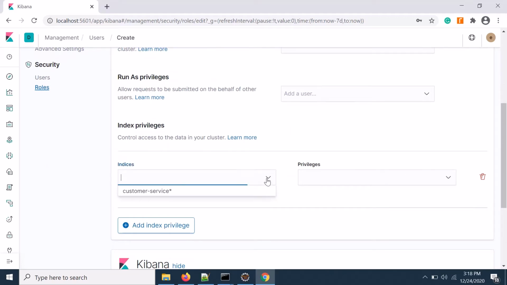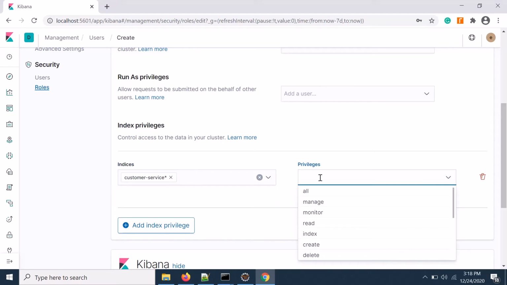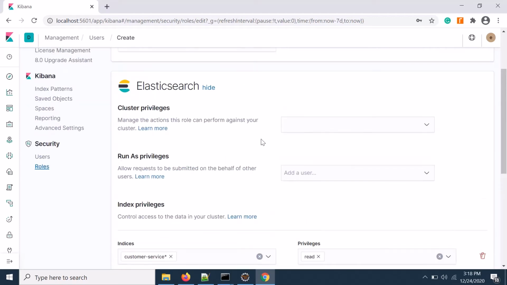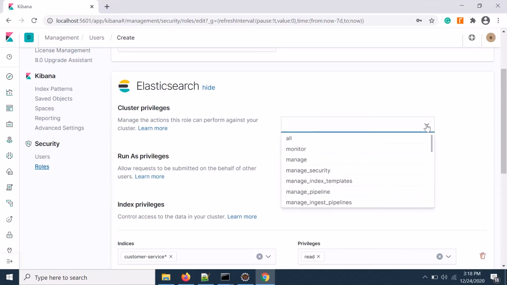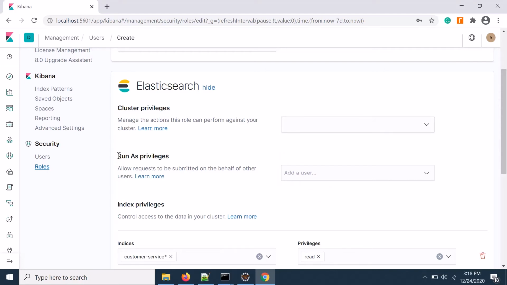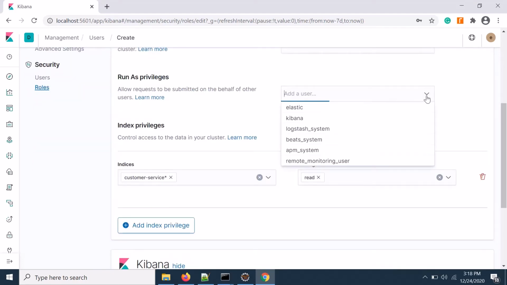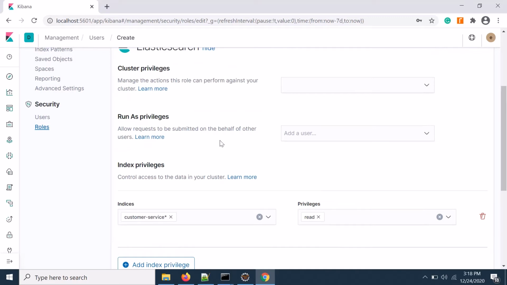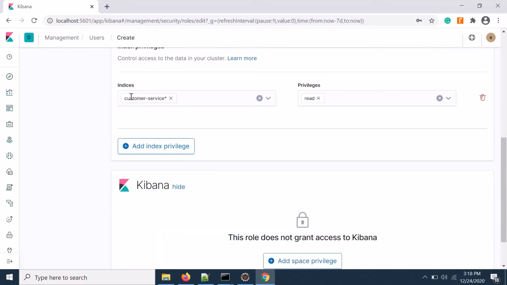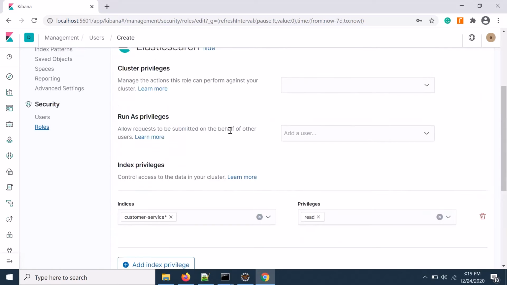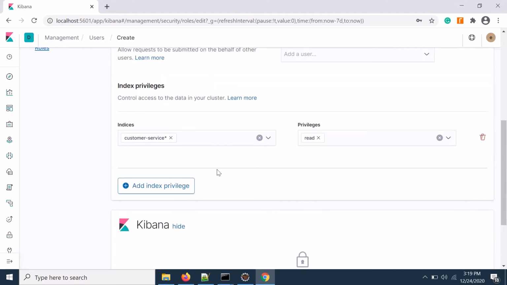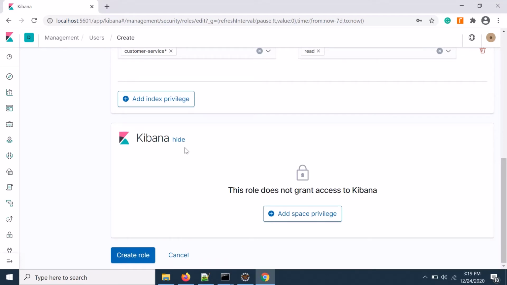Let's say I'm putting the index privileges, read privileges, and others, and cluster. If you need cluster privileges, there are different options. You can check the documentation, but I will not go through that. And the run as privileges, that means already some privileges are there, so you can use it or you can leave it. So I'm just creating that. I'm giving the index privileges for Elasticsearch read operation on a particular index, and now I will create the Kibana role,